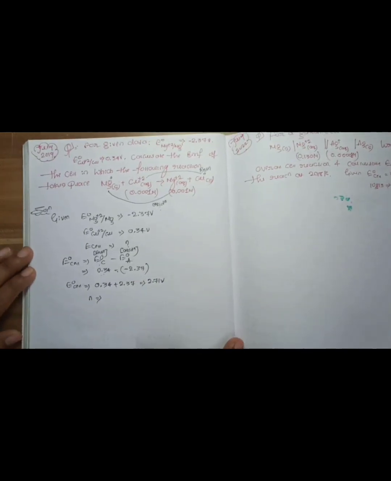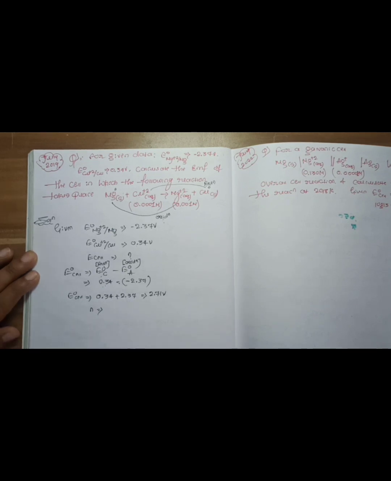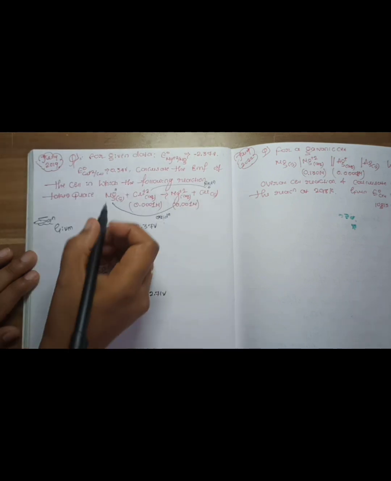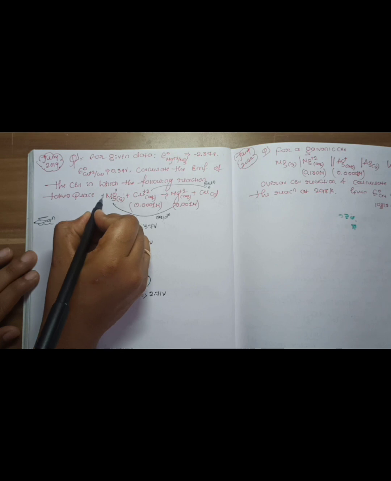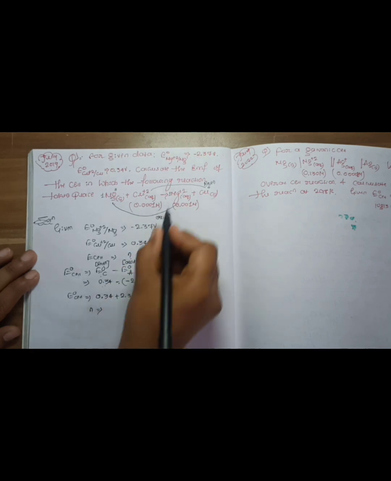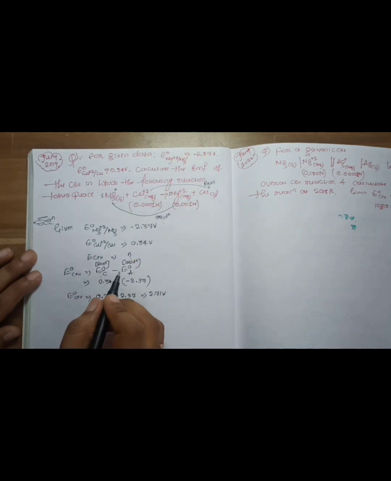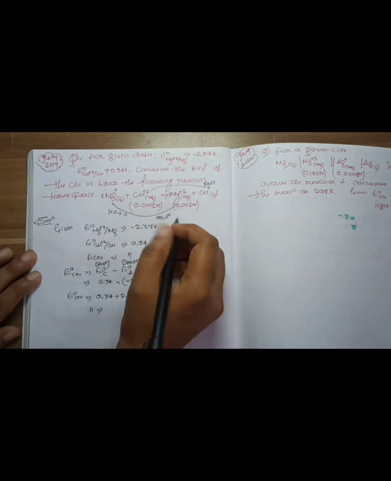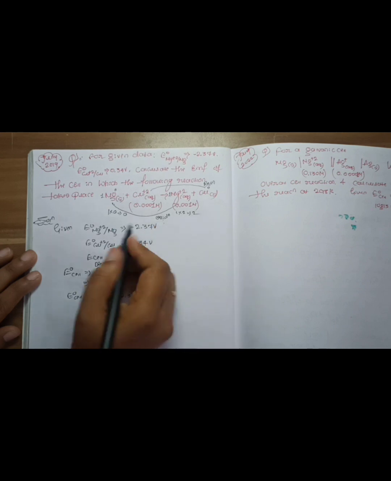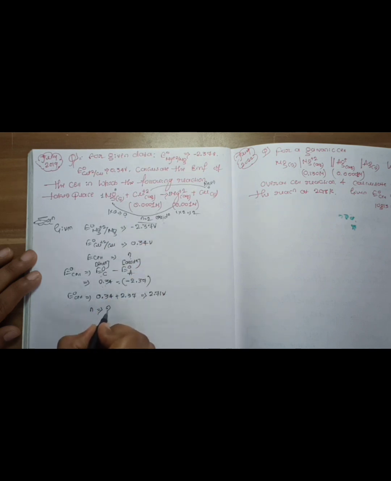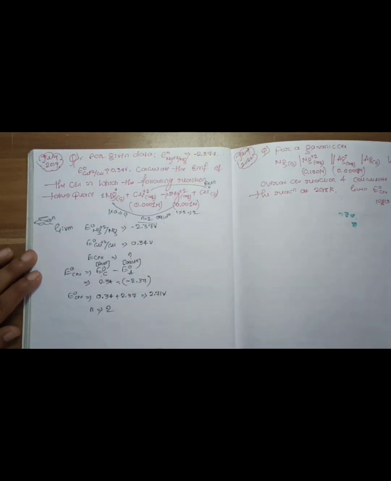Next, the N value. How to find out the N value, already explained. Any one half cell reaction you have to consider, either magnesium to magnesium plus 2 or copper plus 2 to copper. In front of magnesium the stoichiometric coefficient is 1, and the charge is 0. In front of magnesium in the product side it is 1, and the charge is plus 2. Next, 1 into 0 is 0, 1 into 2 is 2, and the difference of these two is 2, so the N value is 2. If you consider copper plus 2 to copper, you will get the same difference.